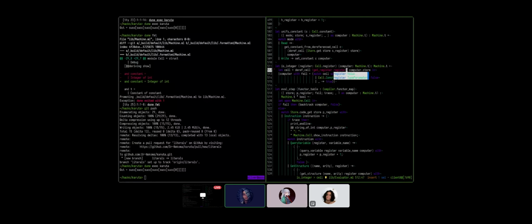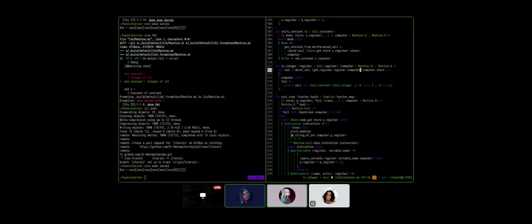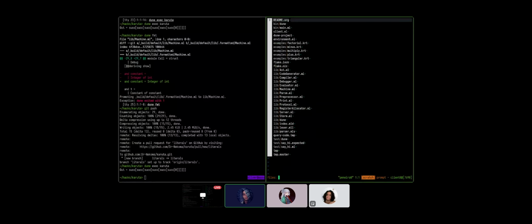No, the get register still needs either the computer or the store. I don't remember. Now we're talking. That's it. That's literally it. Okay, anxiety apart, let's go to the parser. Well, not the parser. Whatever is the place where we're doing the debug trick. I think it's in the code gen actually.